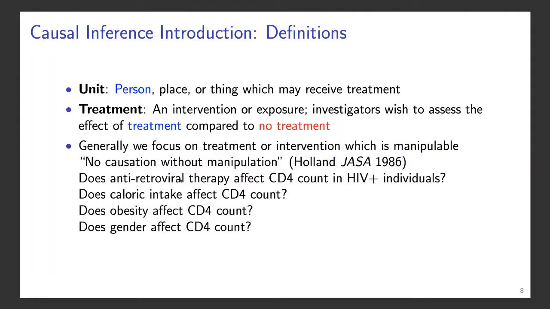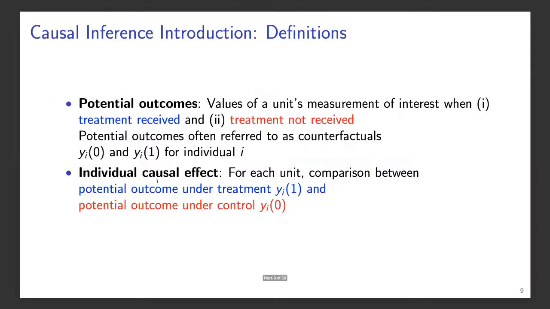Again, the simplest way I find to talk about this is just, could you have done a randomized experiment? For example, it's sort of hard to imagine randomizing people to be male or female, whereas it is easy to imagine randomizing individuals to get antiretroviral therapy or not. So associated with each unit, we will be thinking about them as having two potential outcomes. One if they receive treatment and one if they don't receive treatment.